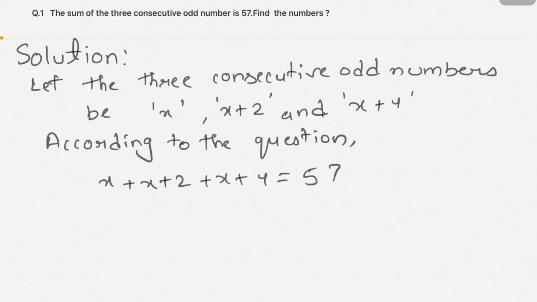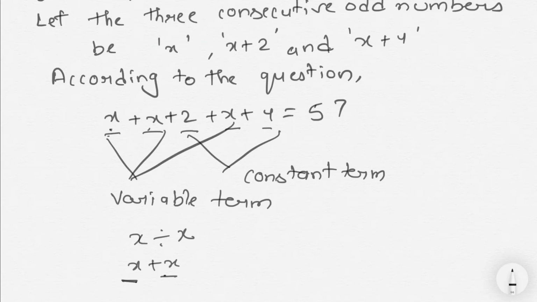The like terms, that is the variable terms, x and x and x, together, and the numbers, that is the constant terms, onto the other side. Since these terms only contain numbers, they are called constant terms. So x, x and x are variable terms, and the terms which are not containing any variable with them are called constant terms. And how are the terms formed? When they are separated with a plus or minus sign.